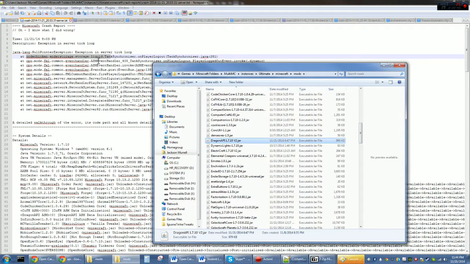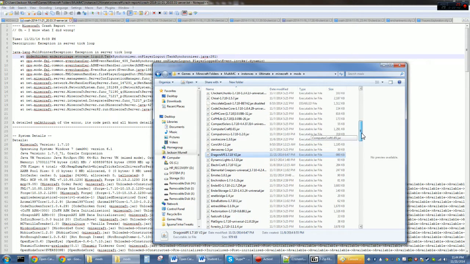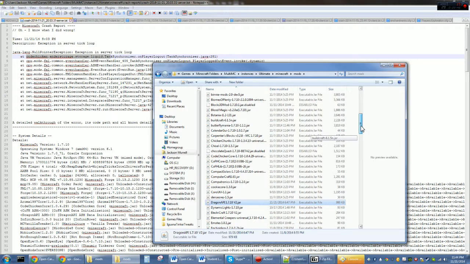Now, I've not really gotten this except once. I don't even remember why I got that. But I was messing around with some stuff on a server I was running, so that's why a lot of this is server network. You know, it's all server stuff. So this was a server side error. But let's